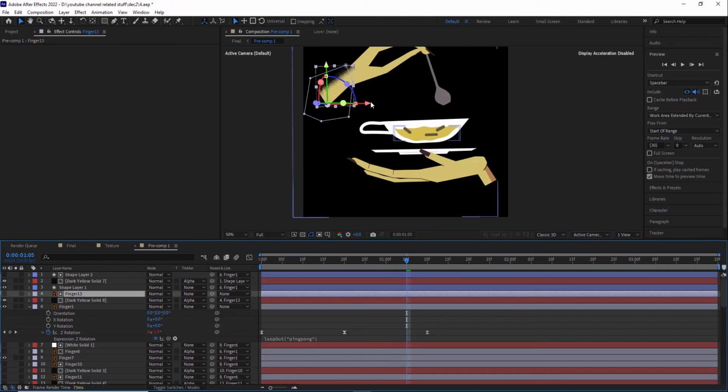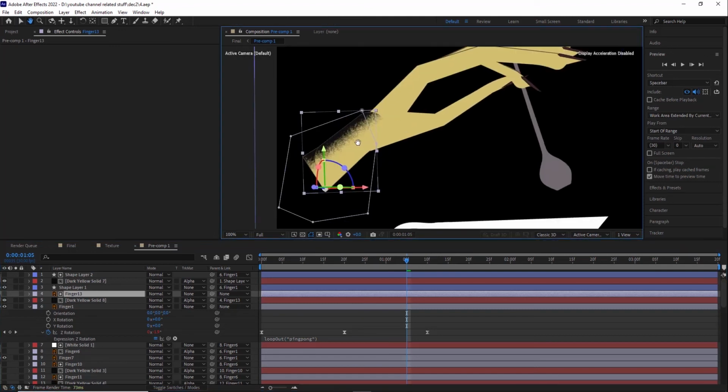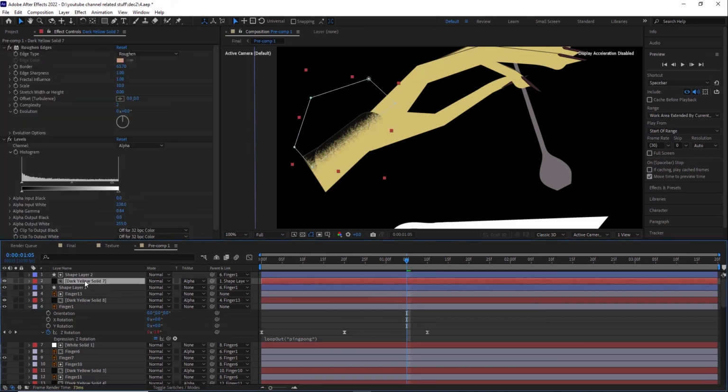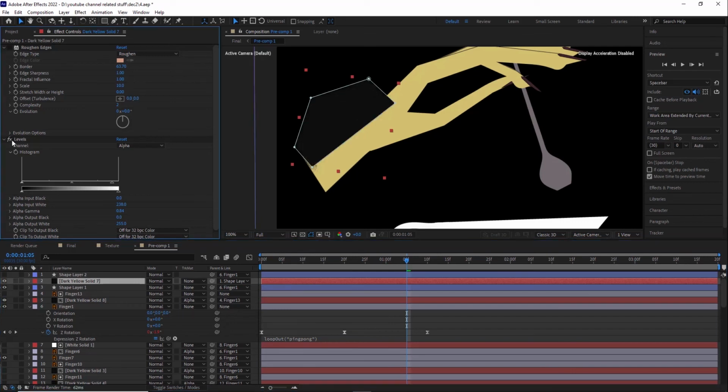Cool. Now you can see here some noise is there. Just how I made this noise: first of all, I turned on the track matte and turned on the rough edges and levels and everything, and this is the solid. I used to take the solid and